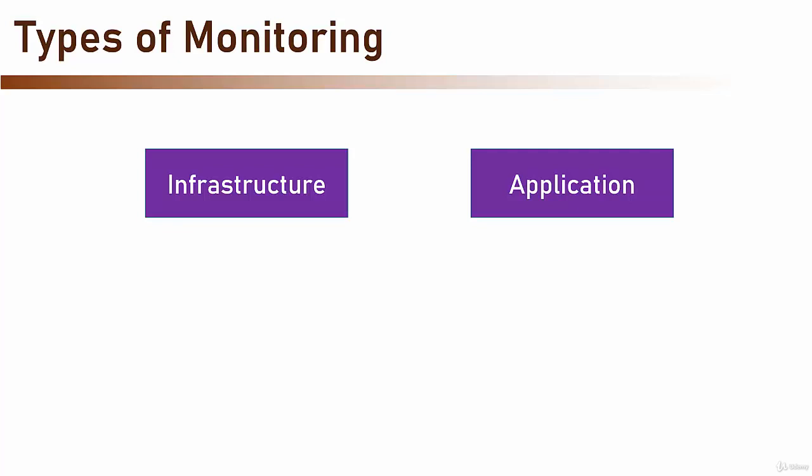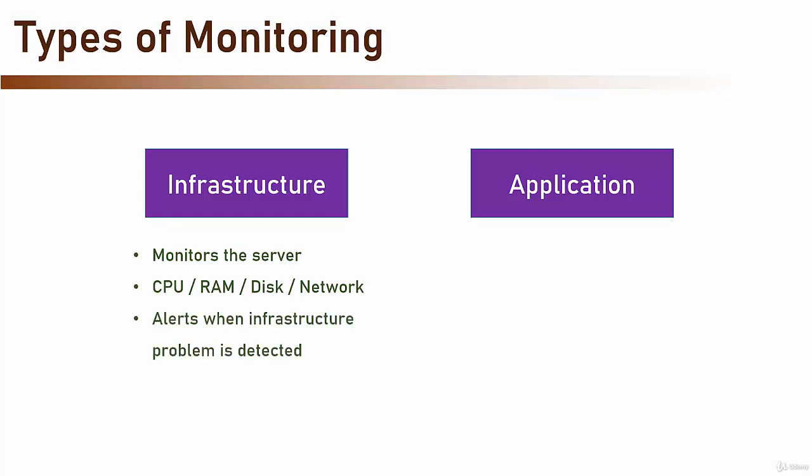With infrastructure monitoring, we monitor the underlying server of the application, not the application itself. This means we usually monitor things such as CPU, RAM, disk, network, and any other metrics that are infrastructure related. With infrastructure monitoring, we get alerts when a problem is detected in the infrastructure, such as high CPU utilization or